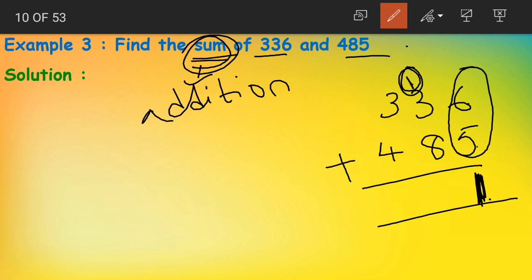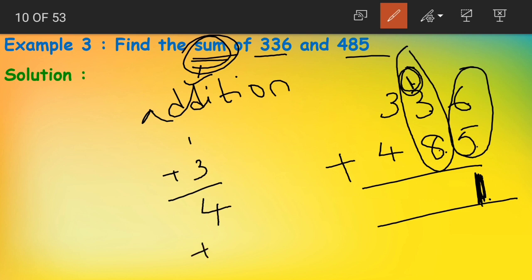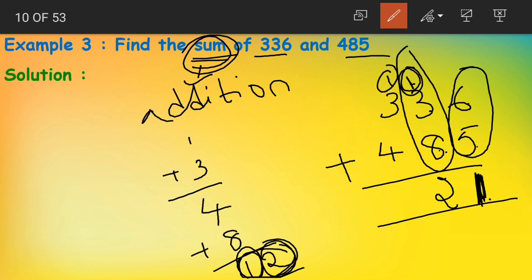Now coming to the tens place, we have 1 plus 3 plus 8. Now 1 plus 3 becomes what? 1 plus 3 becomes 4. And then we have 8. 4 plus 8 becomes? After 8 we have 9, 10, 11, 12. Right? So 8 plus 4 becomes 12. Again we have two digits here. So we'll write the digit 2 which is in the ones place here. And what will we do with the tens place digit which is 1? Again we carry it to the hundreds place. Yes children?